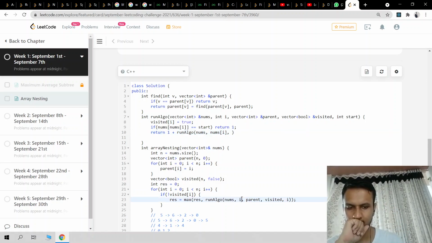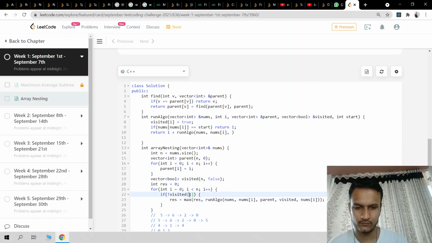I have to start from nums of i, not from i, right? So here nums of i, here also nums of i, and here also nums of i is not visited, right? Not visited, right? nums of i में खेलना i का कोई वजूद नहीं है यहाँ पे. Okay, visited, nums of i.